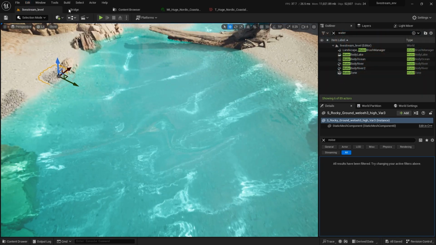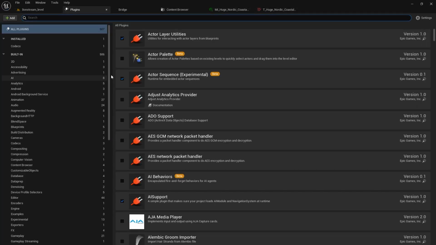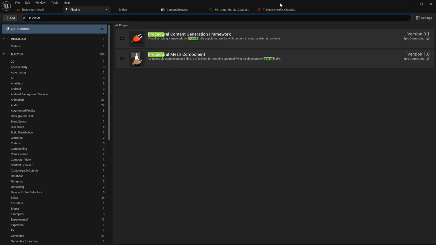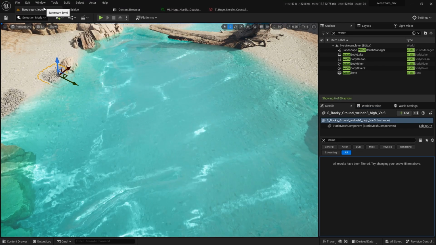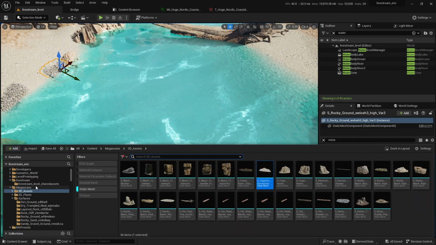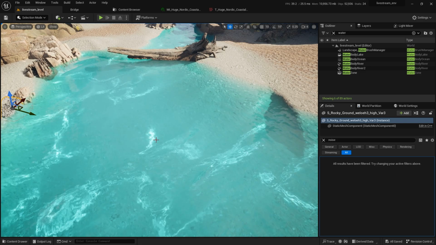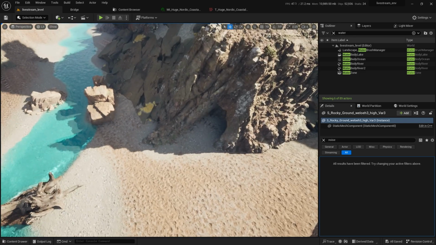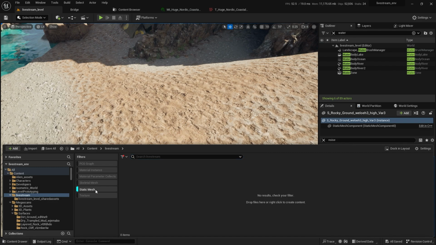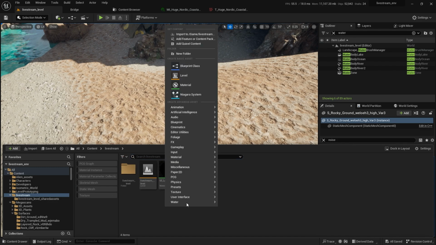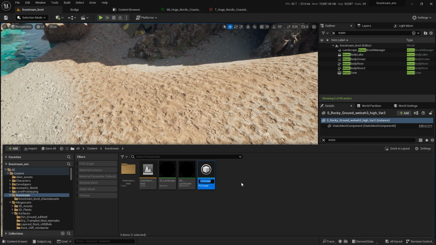If you want to go procedural here, you can just go to Edit, Plugins, go to Procedural Mesh Component. Okay, and let's just create one really fast. It's the same I did the last live stream. Hopefully my memory doesn't fail me. So I will just go here, PCG, and put PCG